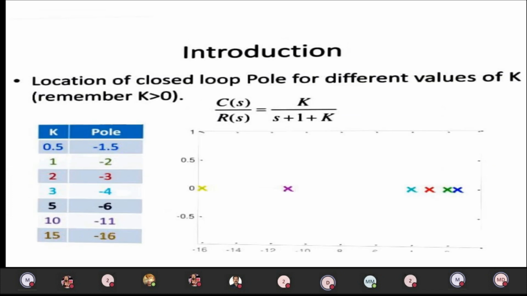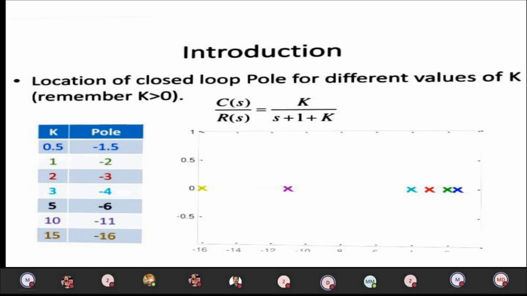Okay, so here you can see you can construct the root array. You can take various values for K. For various values of K, the location of the poles will vary. Depending upon that, you can see the location of closed loop poles for different values of K, which increases from 0 to greater values. If it increases, the poles will take different routes.